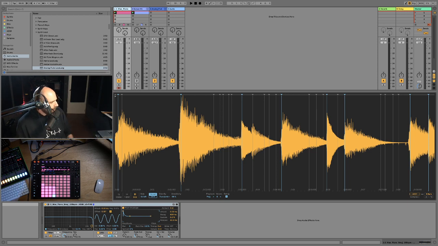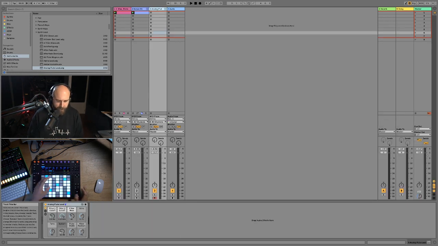Not all of us have Push. Yeah, I tried to make sure that this wasn't just Push focused. You can do everything that I'm doing here with your standard MIDI keyboard as well, especially delving into the MIDI effects, right? So Push almost replaces some of these MIDI effects, things like the scale and the chord, because we have these very nice pads which are nice and filtered so that we can just see the scale really easily. This is why I tried to not make this incredibly Push focused. I use it because I have it, but honestly, just use whatever you have in front of you. Make the best of your current situation. Do not entirely rely or think that you need a Push to create this, because you really don't.